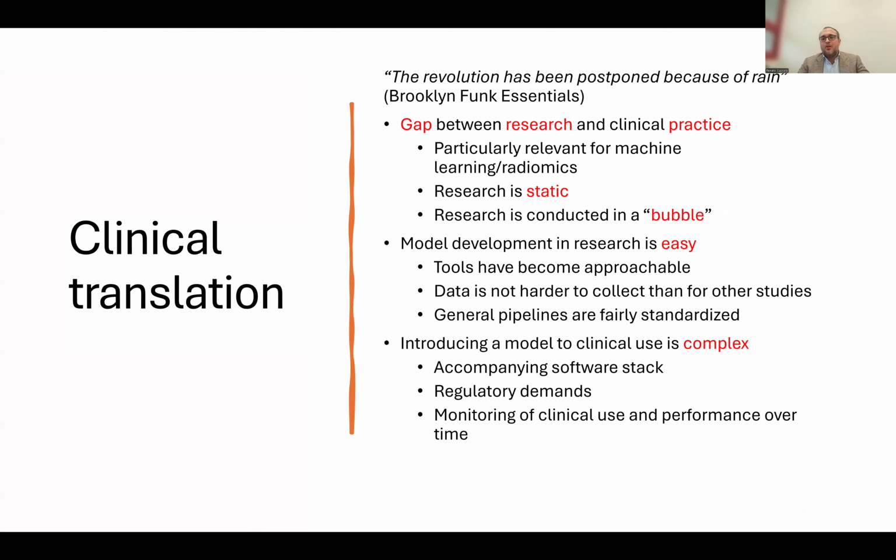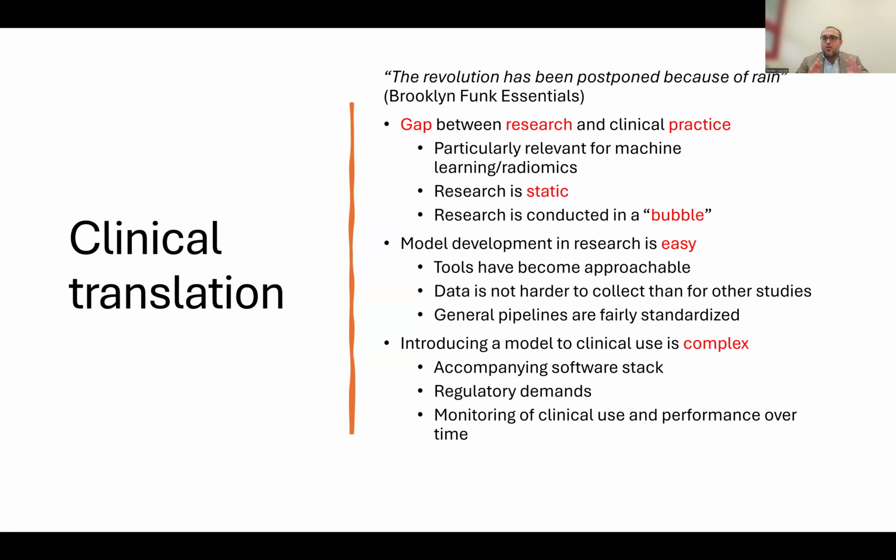And why is that? Because essentially we are now in a bit of a transition period, because we can see lots of research coming out, because essentially research in radiomics and AI is very easy to conduct. We have the tools, they are fairly standardized, we have the guidelines. It's not hard for a research group to set up an AI or radiomics pipeline to analyze their images and provide new results. However, the translation of these models to clinical practice is very complex because we have to develop